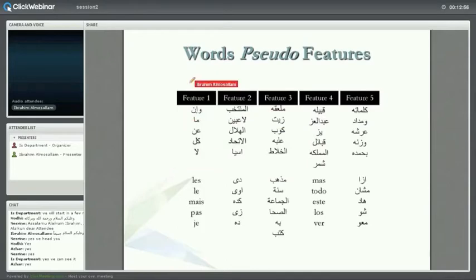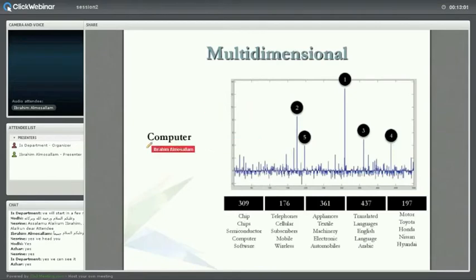So if you visualize each feature separately, we can zoom in into a word. Take the word computer, for example. Now the computer was described into 500 pseudo features. So the machine learned that the word computer has these values, these pseudo feature values. If you look at the top feature, that was feature number 309. Now, if you sort all the words in the dictionary according to feature number 309, what you get is chips, semiconductors, computer, software,